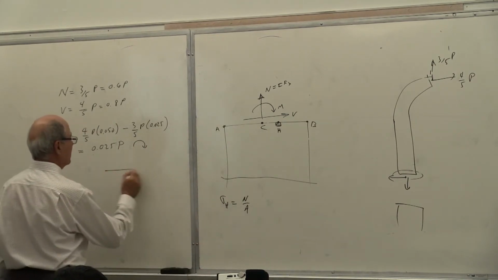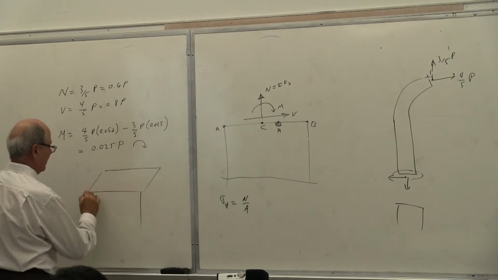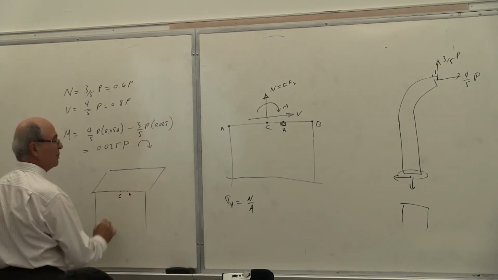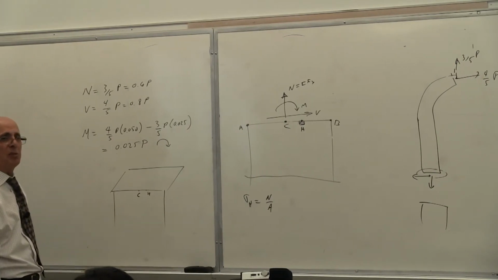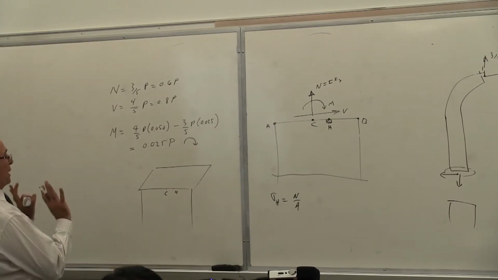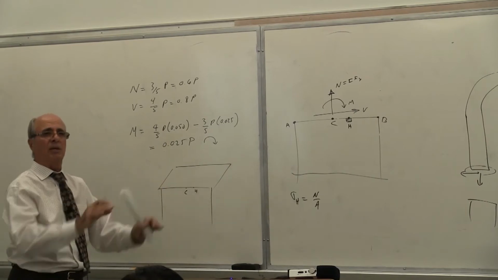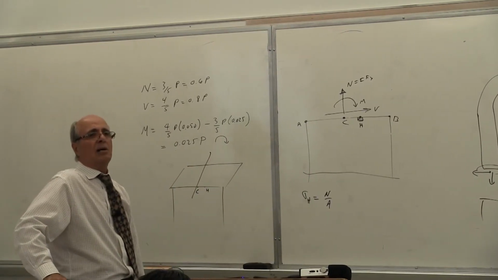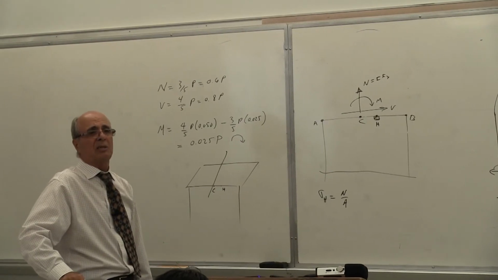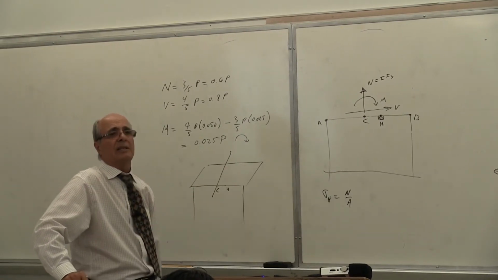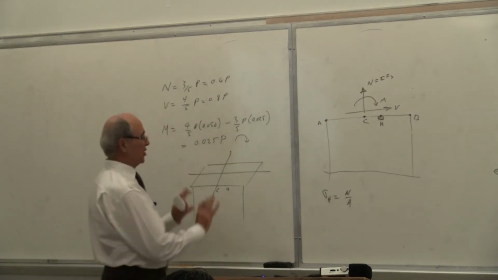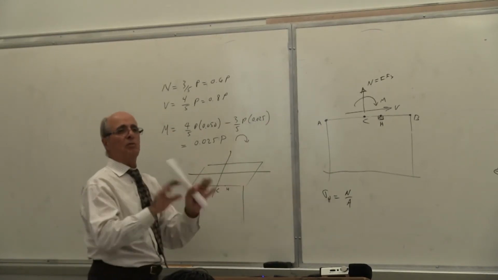So this is the section. Yes or no? Yes? This is point H. This is C. Many people say, where is the neutral axis? Which way is this column bending? Is it bending this way or this way? So shouldn't this be the neutral axis? How come another half of the class, or 60%, take the other side as the neutral axis? Why do you calculate I about this axis? Is it bending this way or that way? You all said bend that way.